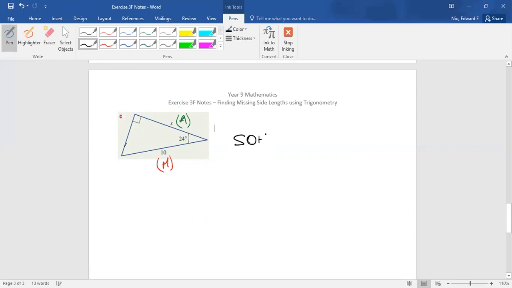So out of SOH, CAH, and TOA, which one of these acronyms have adjacent and hypotenuse in them? Is it the sine ratio, opposite and hypotenuse? No, we don't use the sine ratio because we don't have the opposite. Is it the cos ratio where we have the adjacent and hypotenuse? Yes, it is the cos ratio because we have the adjacent and we have the